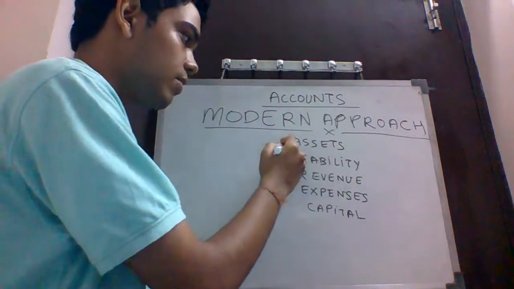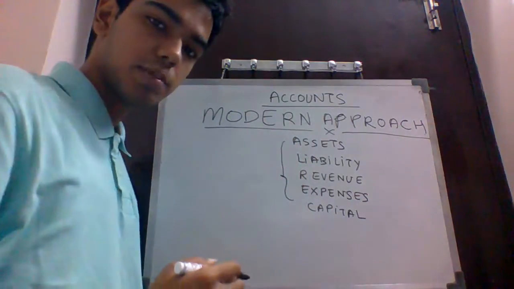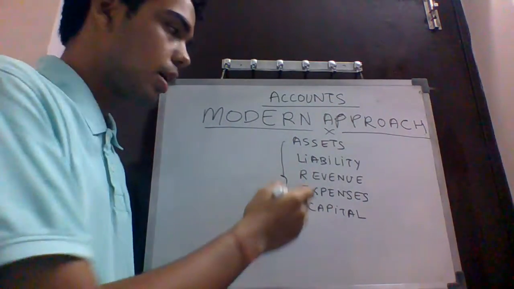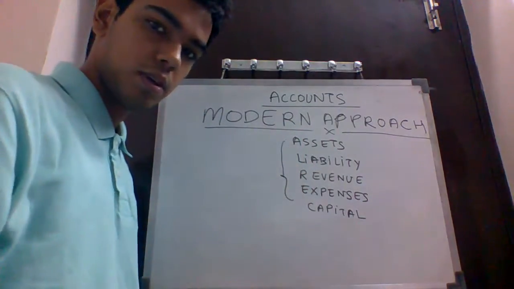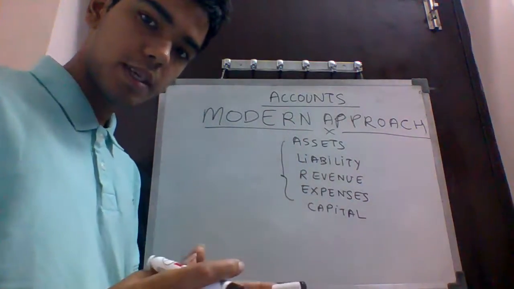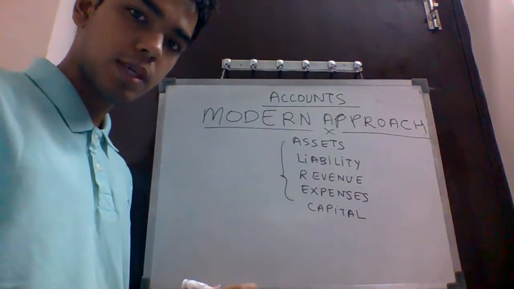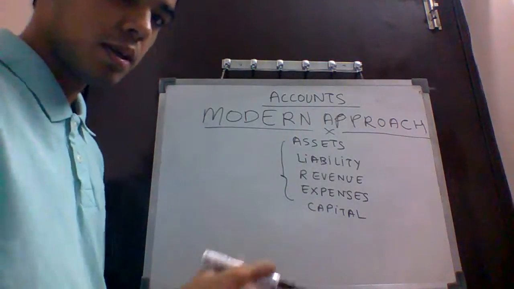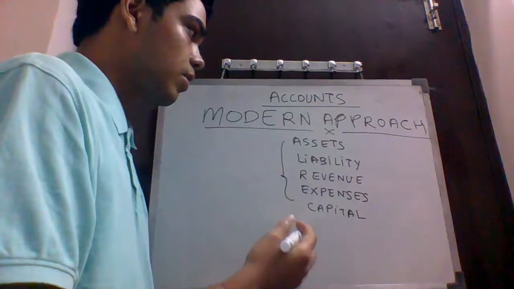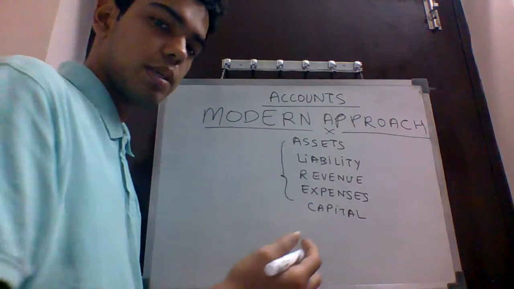We have earlier discussed these terms in brief in the traditional aspects of accounts. For an in-depth explanation of these terms, please refer to the Rules of Debit and Credit Part 1 video. Now, the rules according to the modern approach to accounts are: